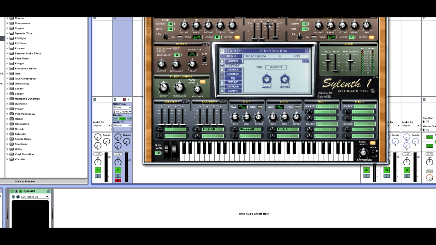We go into amp envelope A. We have the sustain all the way up, release at 1.13, attack all the way down. So it's usually at 0.05. Just lower it all the way down. No decay. In oscillator A2, we are going to be having 8 voices, saw, retrig on, and pretty much we're